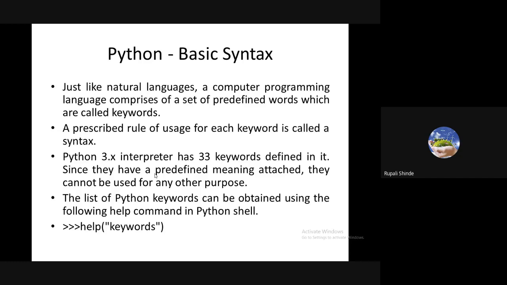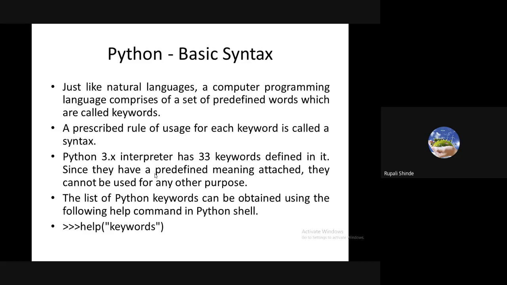Then it is actually the syllabus, data type, but before that we should know a little bit about Python and some commands which we require to learn Python more. So we have to start with the Python basic syntax. Everybody knows what you mean by syntax. Syntax is nothing but the grammar of our programming language. Whatever syntax they have defined, we have to use it as it is. We cannot change the syntax for any programming language.